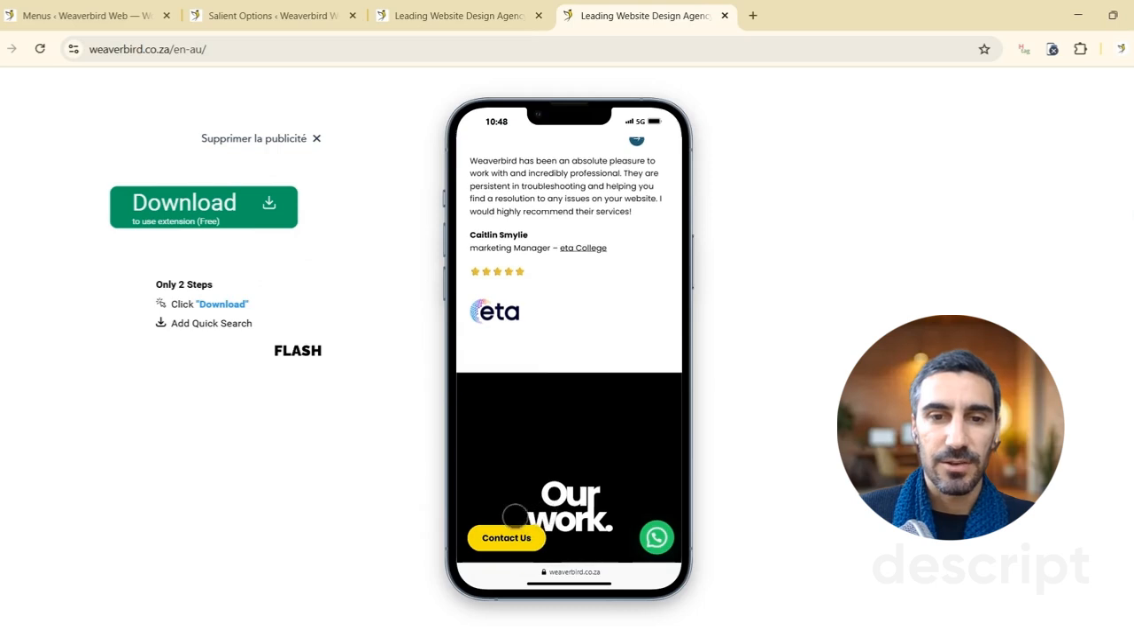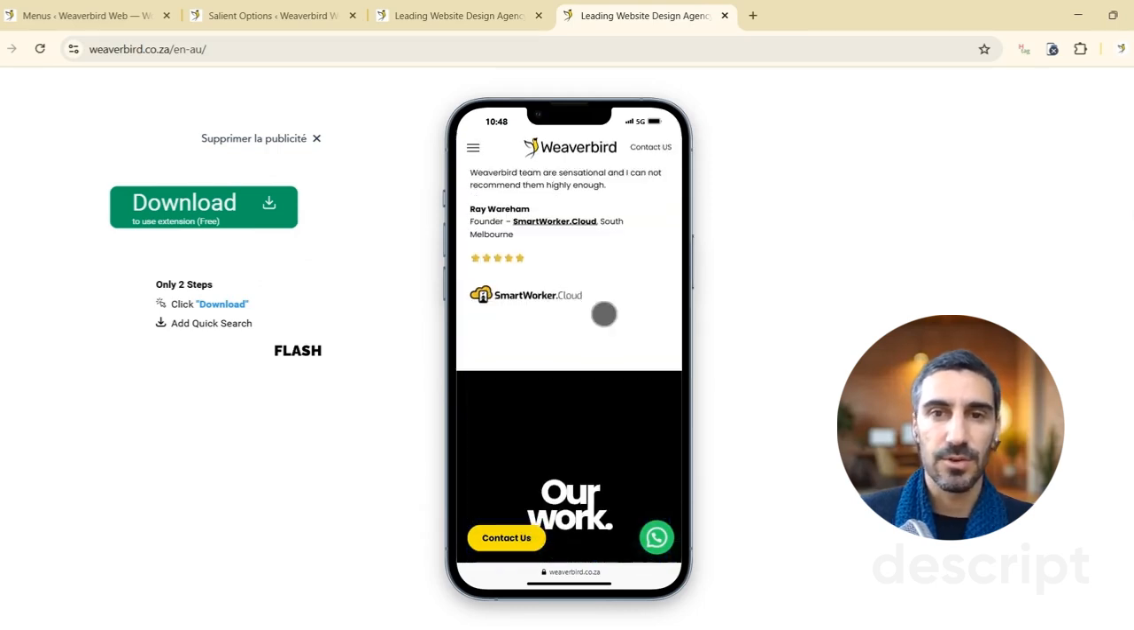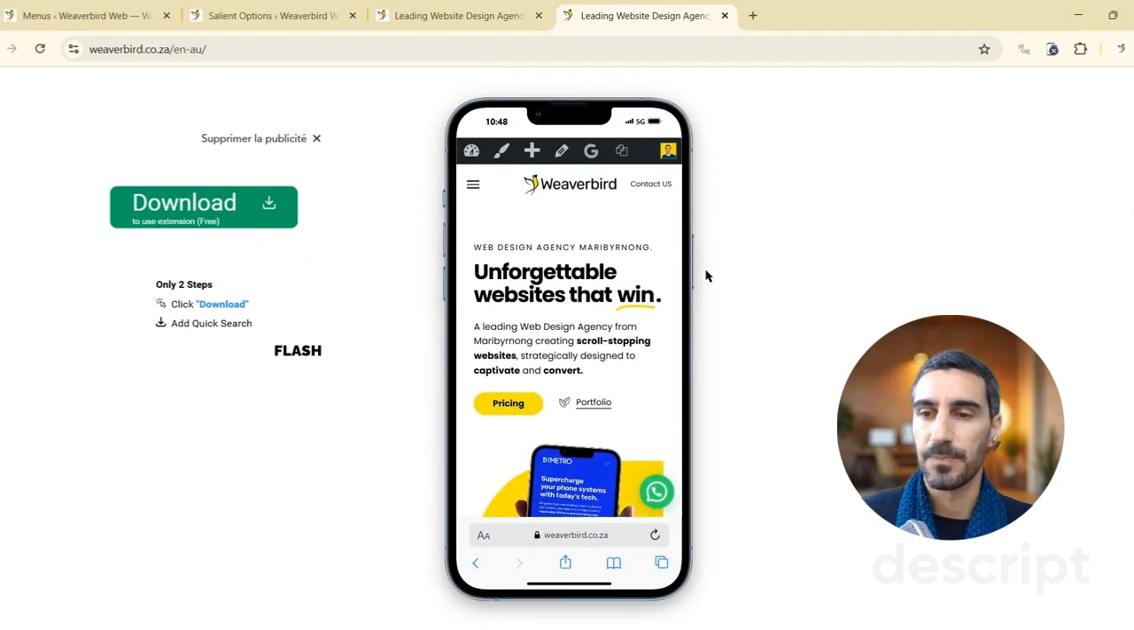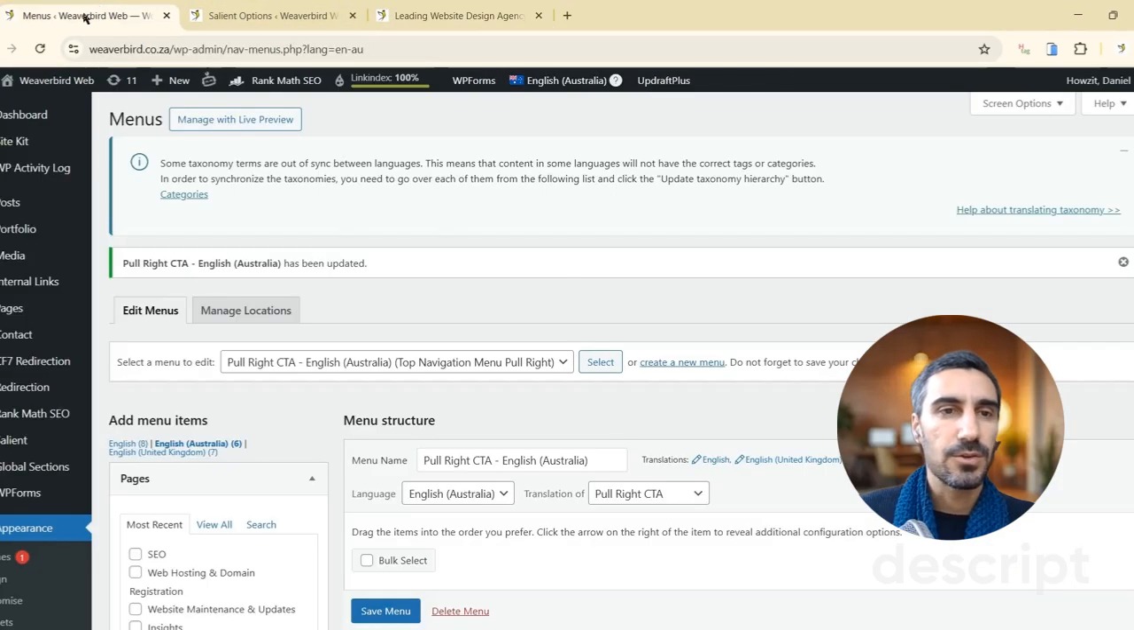On my website, I've got a contact us button that shows as you scroll down at the bottom, so I don't need it at the top here, always showing. Okay, now the next thing I want to show you is how to remove or add this off-canvas menu icon. So you just go into your Salient